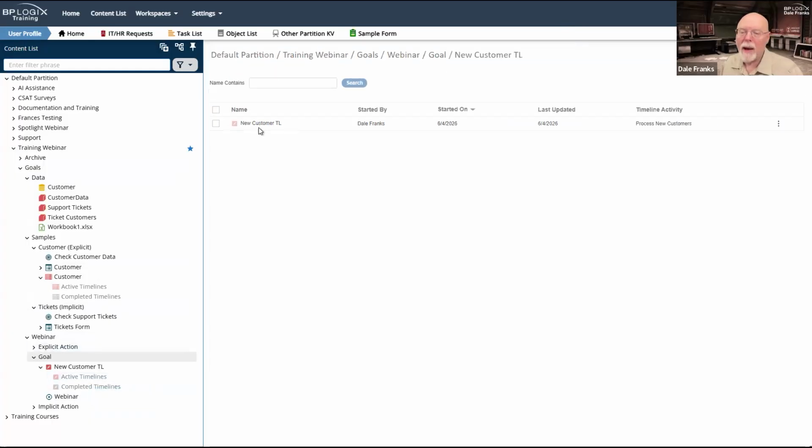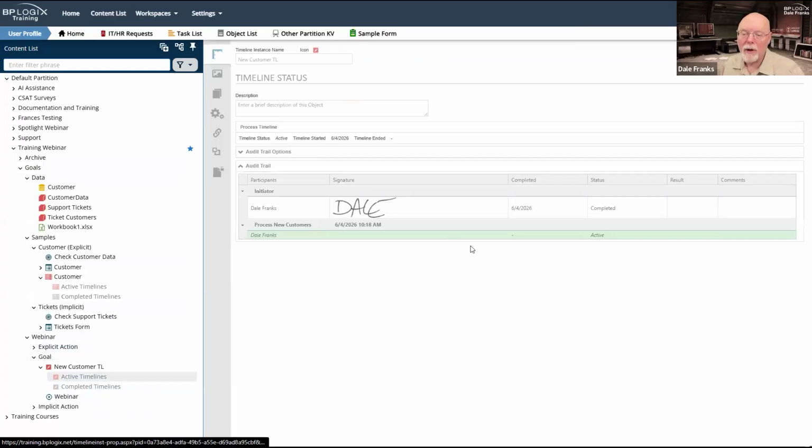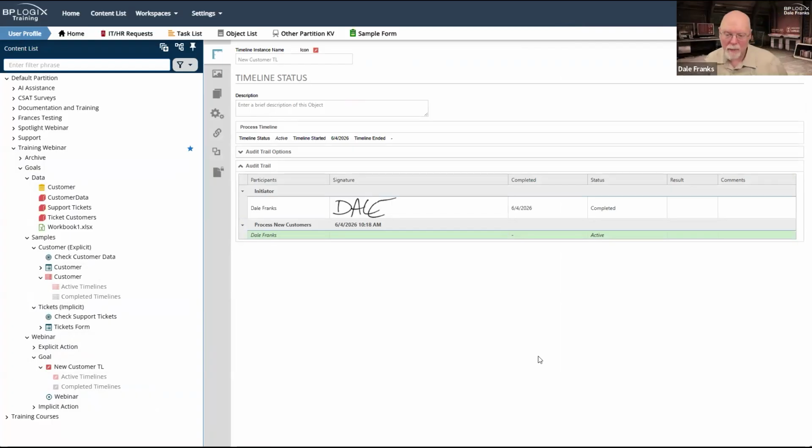But when we go back and look at our active timelines and we look at this version of the new customer timeline, the only process timeline activity that is running is the process new customers because the status of our goal is easy. So therefore, I don't need help from Barb to process all those customers, and thus the activity does not run. So that is an example of an implicit action.